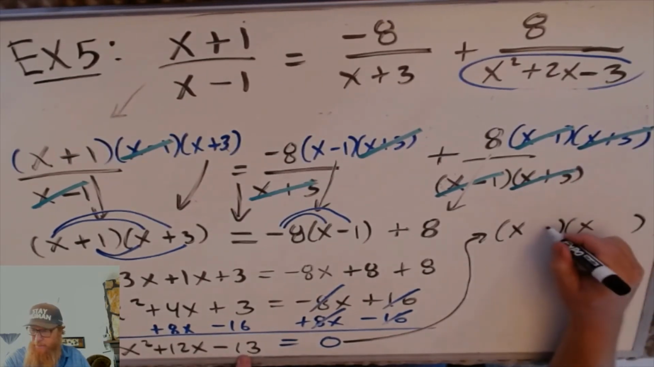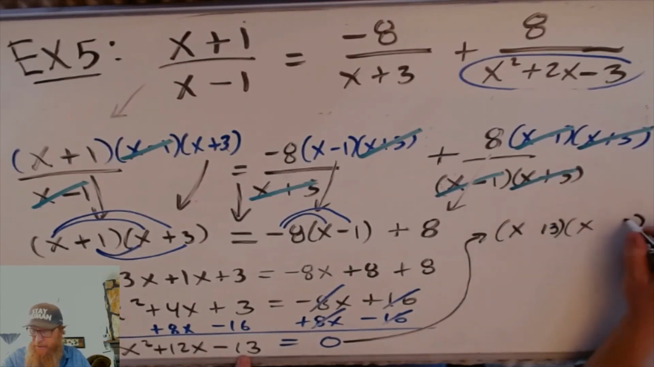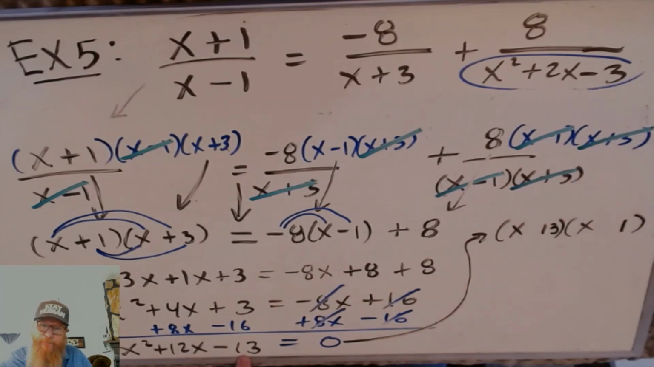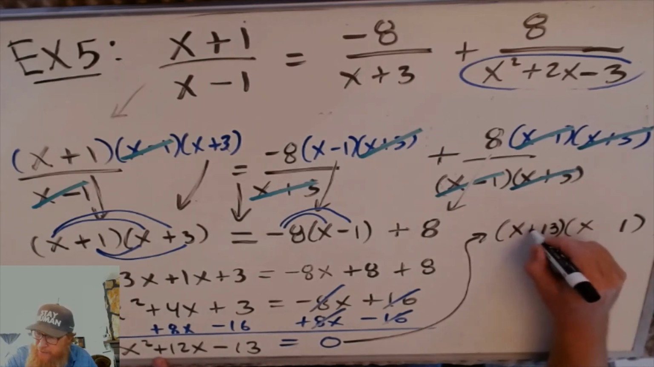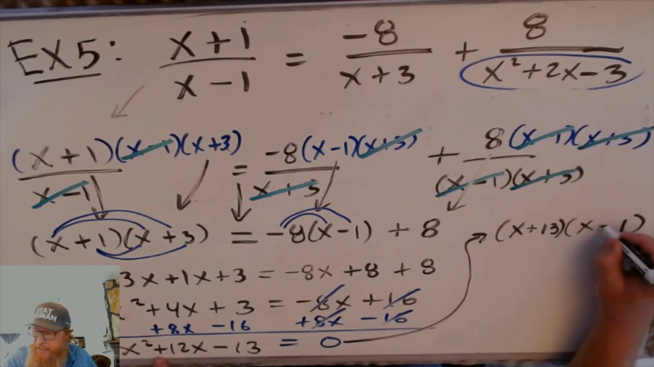Two numbers that multiply to be 13. How about 13 times 1? You don't really have many other choices. Notice I'm not going to make the same mistake as last time. I'm going to be very careful with my signs. I want them to add to be a positive 12. So that's a positive 13 and a negative